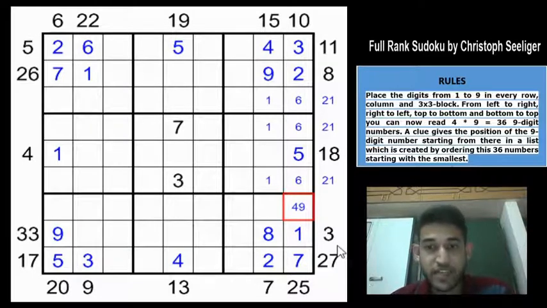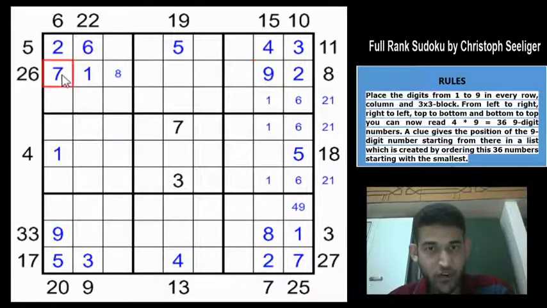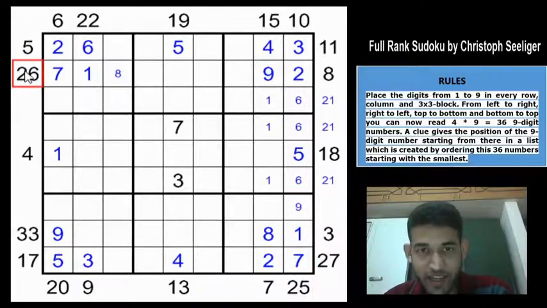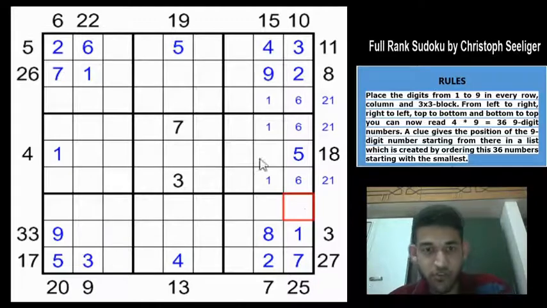Alright, we have a very sharp deduction now. You look at this 25 clue and 26 clue. The 26 clue, maximum digit that is going to come here is a 5, right? Because 6, 7 and 9 are ruled out. Now if the 25 has a 9 here, then this will be greater than the 26 clue, which is not possible, right? So this must be a 7. Sorry, this must be a 4. We had a 4 or a 9 as candidates here, so this must be a 4 because it can't be a 9. So these 3 digits now must be 6, 7, 9.